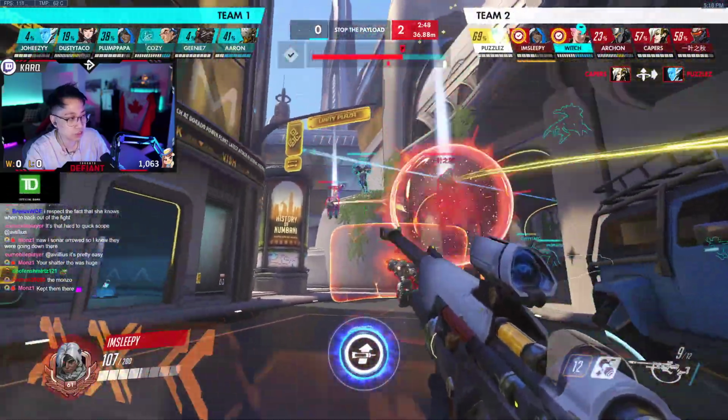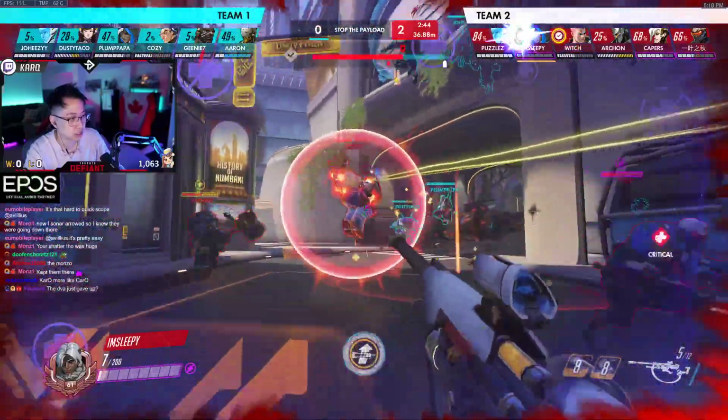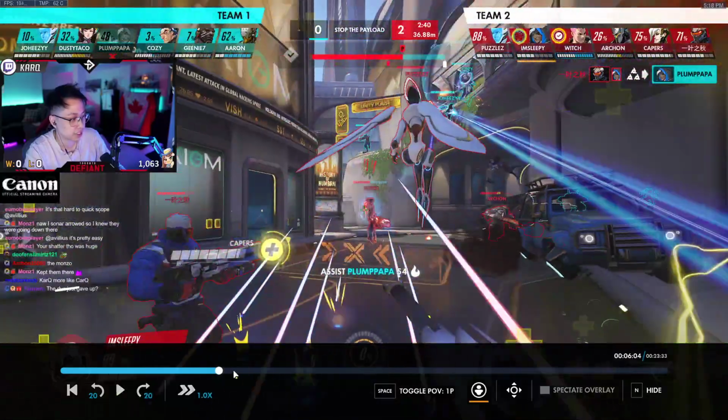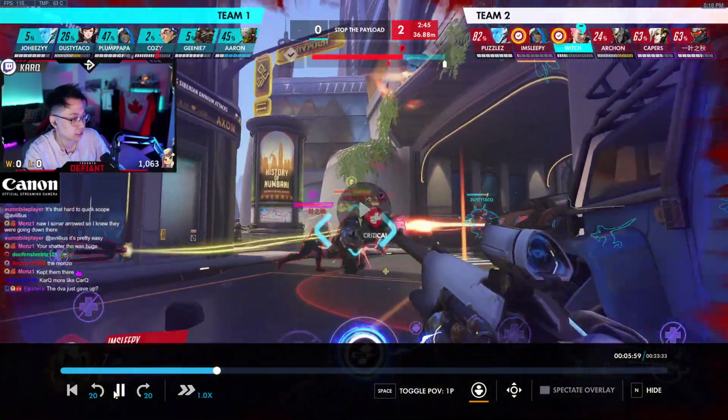Bubbles. You might have to nano to keep him alive. Let's see. Probably just nano Witchy there. Okay, a little slow at it, but the idea was there. But as soon as you recognize this fight is going like this,